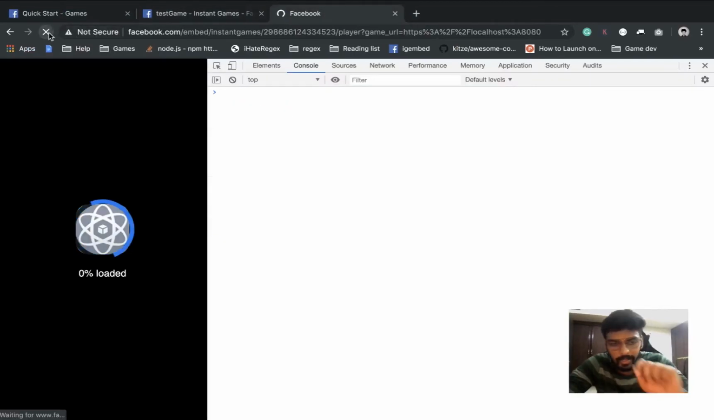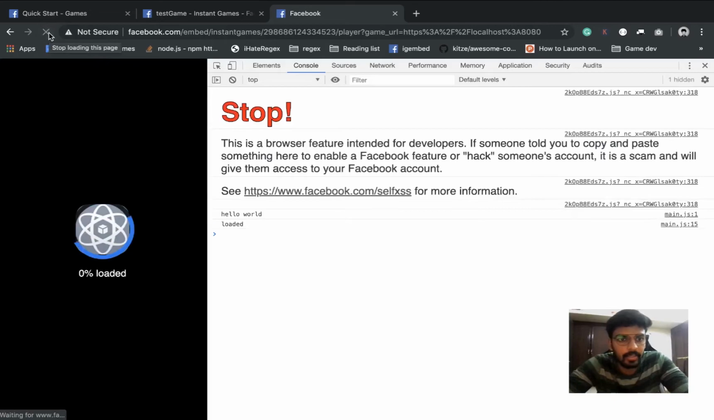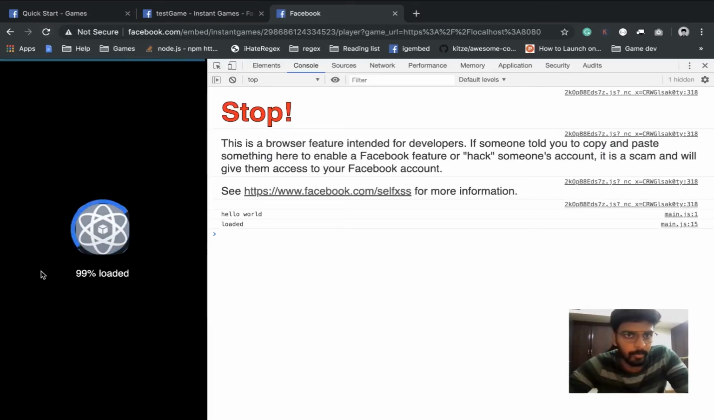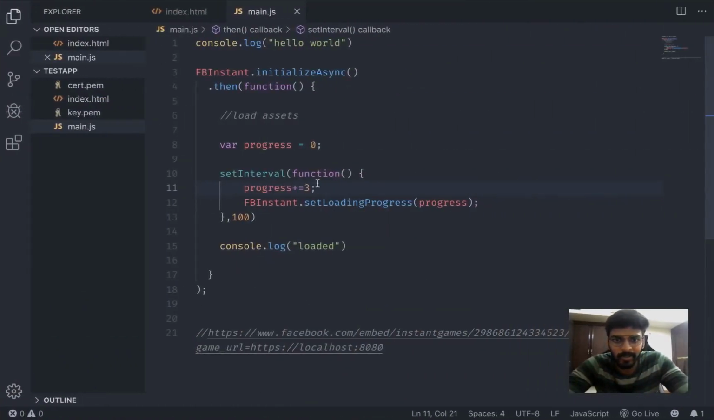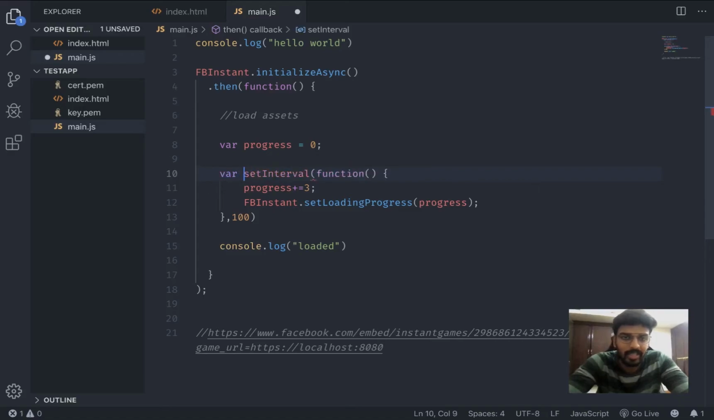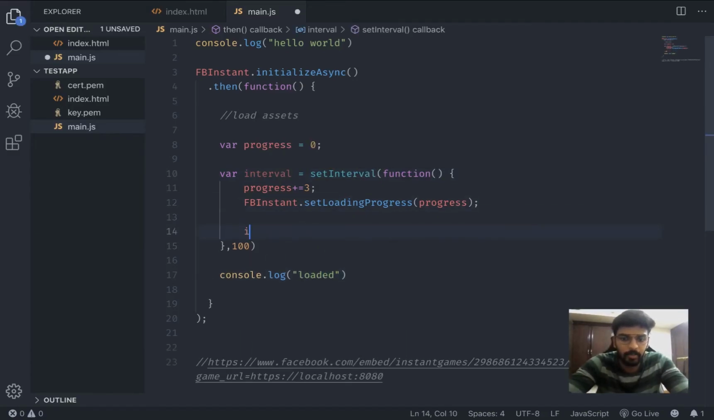I'm just gonna quickly reload. See, our game is loading right now, but you'll see another problem over here. When it is 99% loaded, it stops, but our progress keeps incrementing, right? So in order to fix that, we are just gonna set our interval into a new variable. Interval is equal to set interval, and if a progress